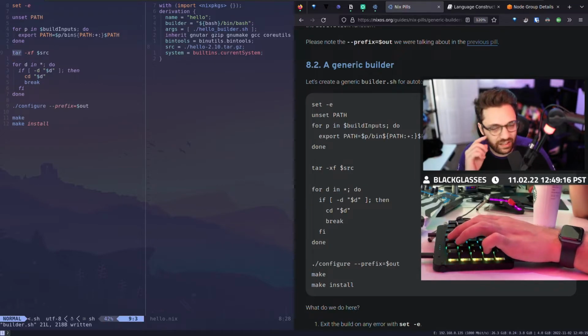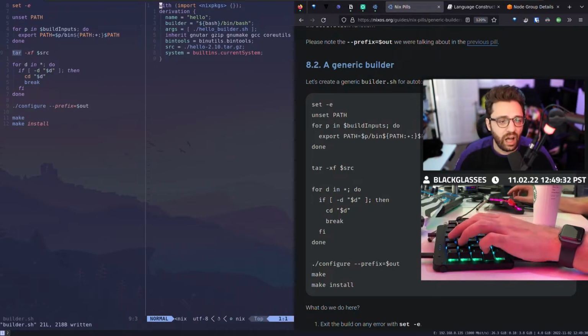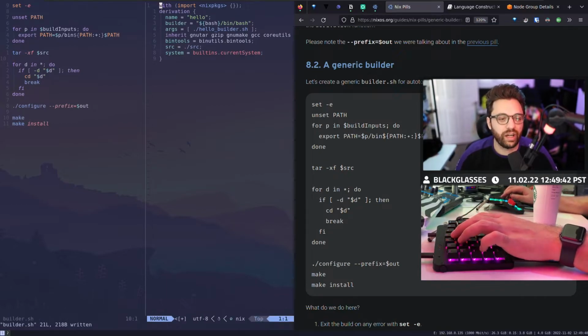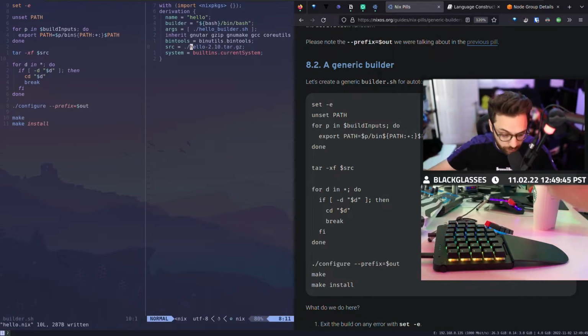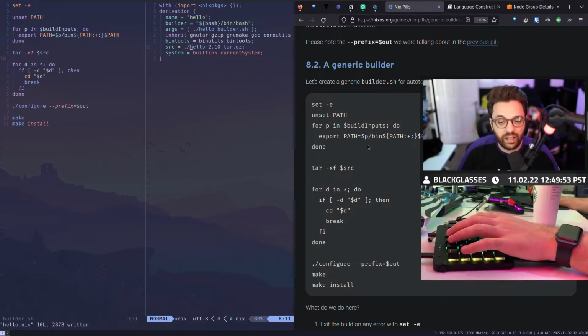We are still expecting our input to be a tar. Think about that. That's very important to note. If you said, hey, I want to build a node application and my node source is this, it's not going to work with this. So again, I'm really trying to show you that it's up to you how you build the software, how you use the builder, how you configure it and how you run it. But it doesn't mean that you can't achieve what you want to.